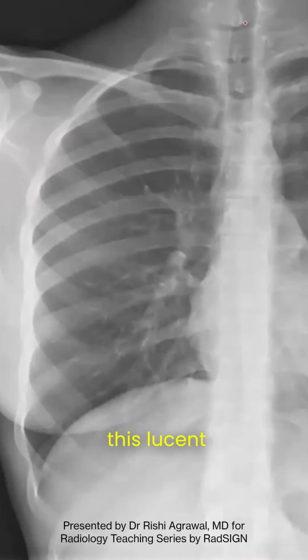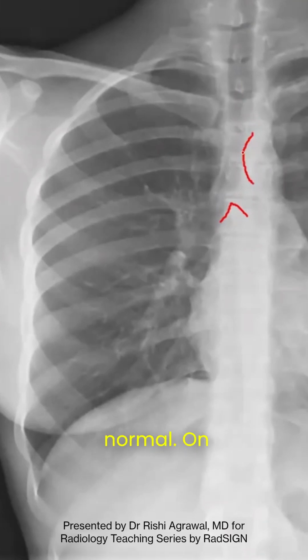The trachea is this lucent tube here. And on an X-ray, it extends from the top of the film to where you have this kind of triangular opacity here that divides the trachea into two, and that's the carina. And one normal thing that you'll see is that the aorta causes slight deviation of the trachea to the right,